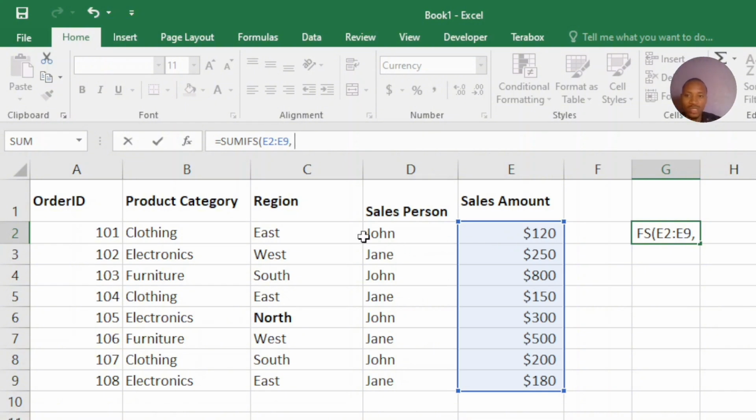After we have done that, we are going to specify the criteria range 1, which is the electronics. Just in case you don't know, electronics is under product category, and it's under the B column. So I'm going to specify B2 to B9. As you can see, the B2 to B9 is highlighted. So now after we have done this, we are going to put in comma, then in quotes, we are going to tell